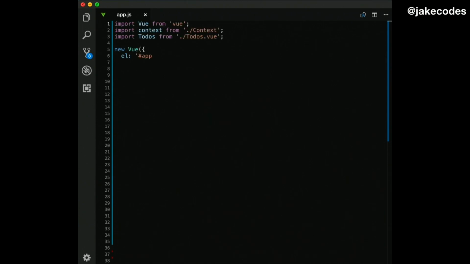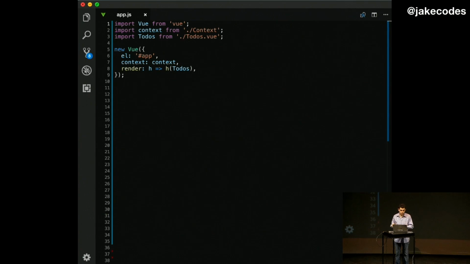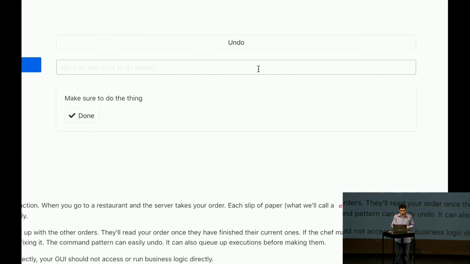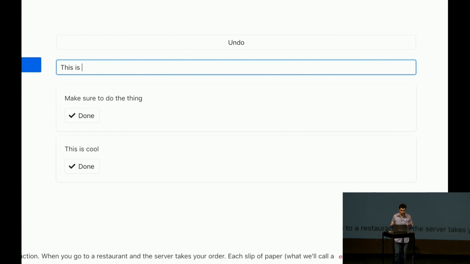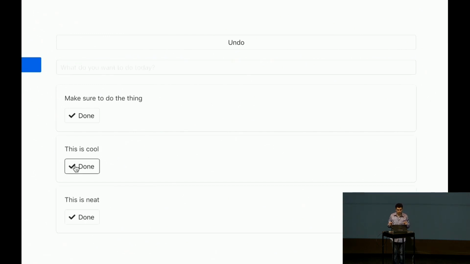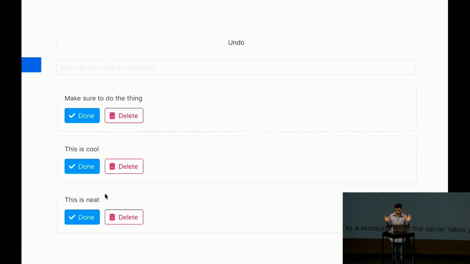And then in your app.js, just like you do in Vuex, instead of putting a store, you put a context. And so what does this look like? Now we're using our app just as you would create a Vue app. The one really cool thing that you'll see in a second, which it works, great, is that you can undo,